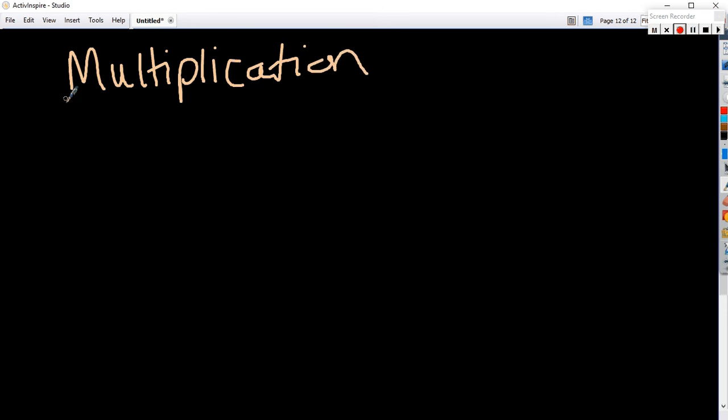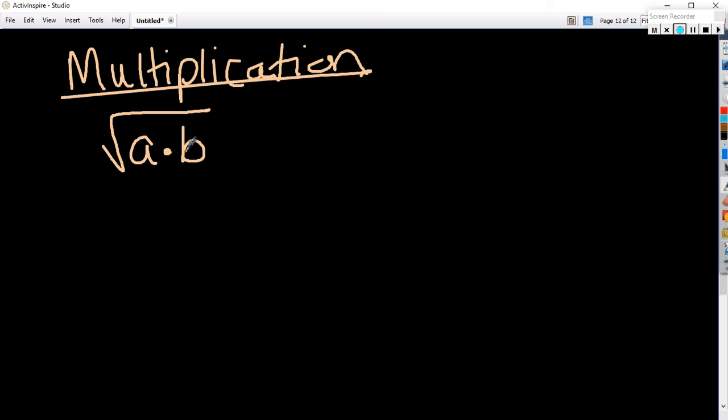Multiplication. So radicals have this neat little property, and this only works when you're multiplying. It doesn't work if you're adding or subtracting. In that if you're multiplying under a radical, you can split them up. So you can have the square root of A times the square root of B. And you can go forwards or backwards. If you start out like this, you can split them up this way. But if you start out with them already split up, you can put them together under the same radical. Okay? So this is convenient because what we'll have is